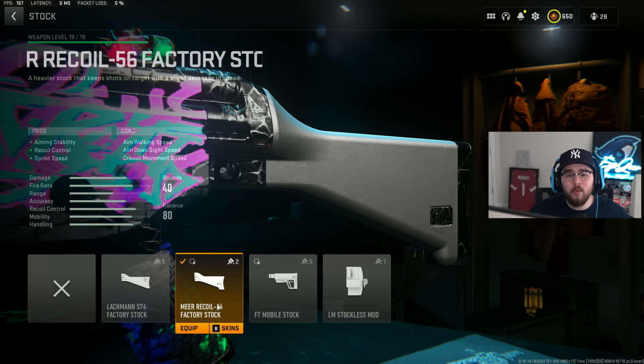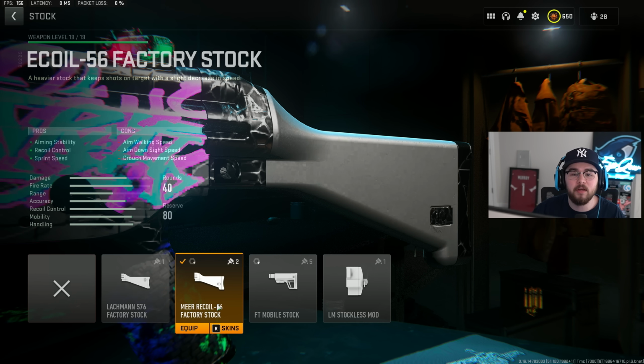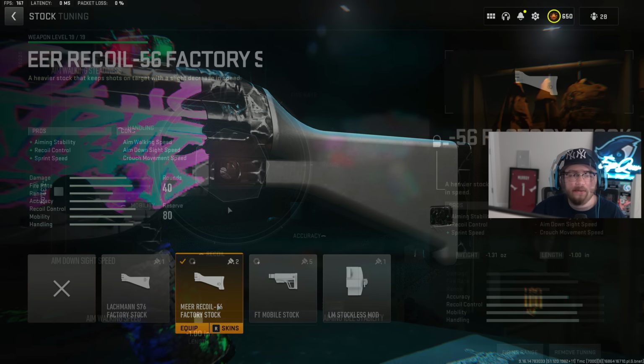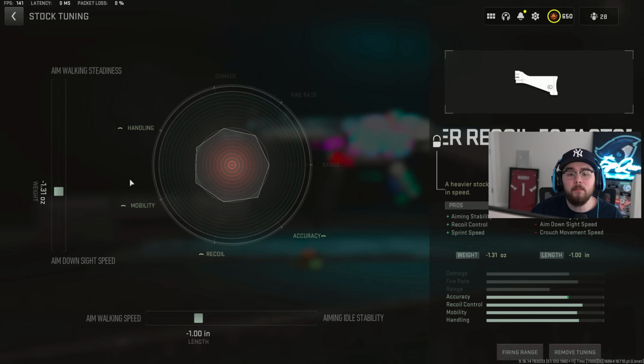Of course, just like I always have on the MP5, is the Mir Recoil 56 factory stock, giving you that aiming stability, recoil control, and sprint speed, mixing in absolutely perfect with the rest of the build, making it to where you're faster on the map and you're more accurate. For the tuning on the stock, I did negative 1.31 for that ADS speed and negative 1.0 for that aim